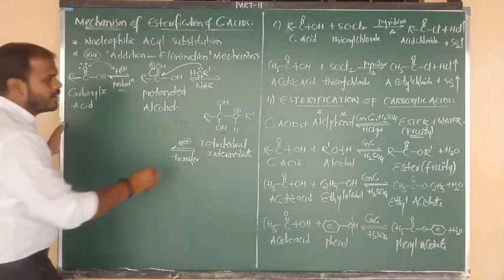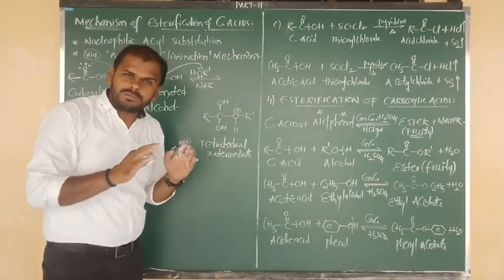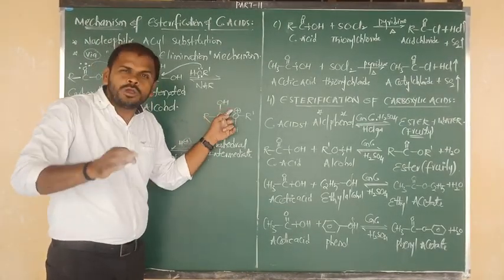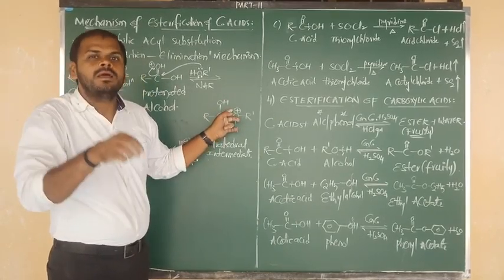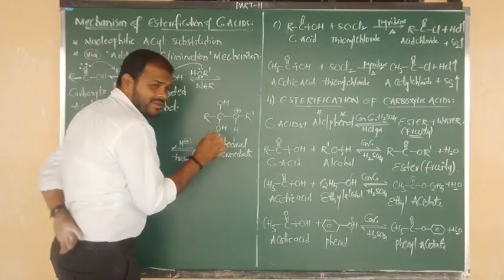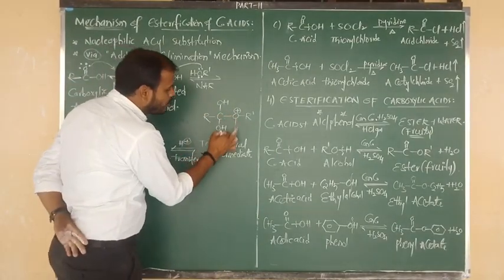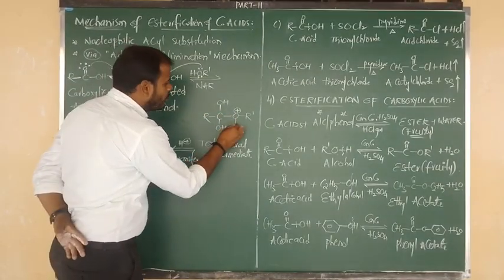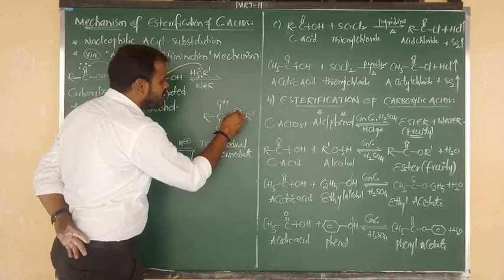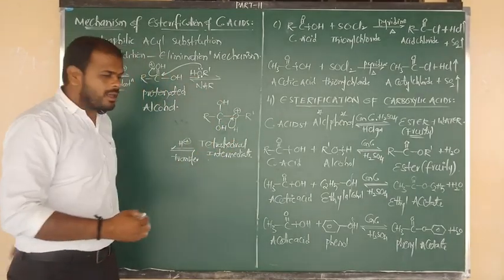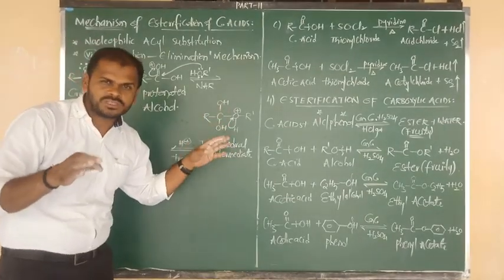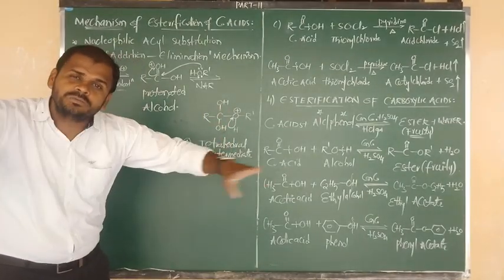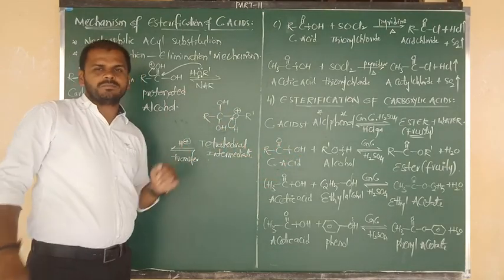So how to do proton transfer? Listen carefully. Oxygen contains a positive charge. That positive charge is going to be neutralized by taking one bond, by accepting a negative charge. So simply we can say that the bond between O and H is delocalized or shifted towards the oxygen. By the shifting of this bond, the oxygen that contains the positive charge is neutralized by gaining this sigma bond.